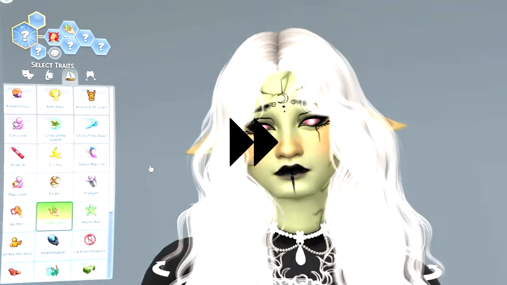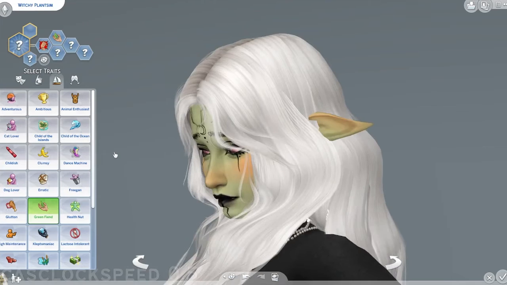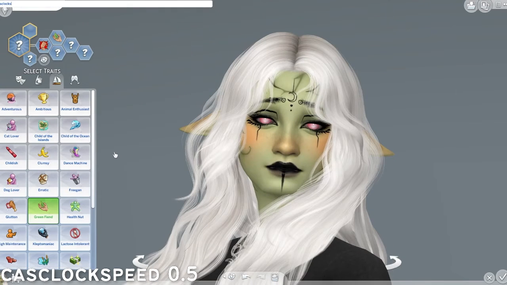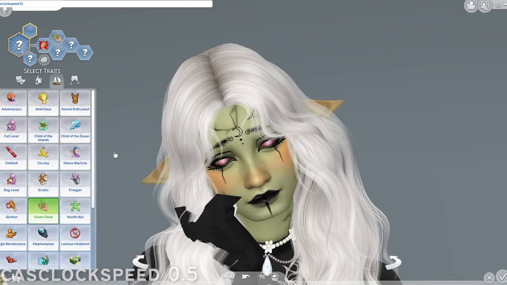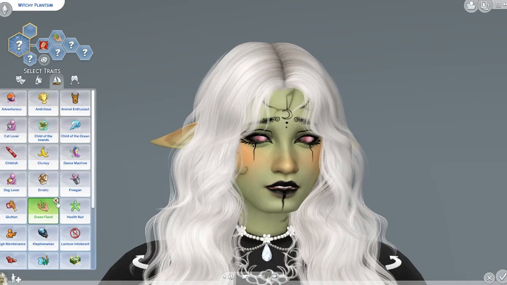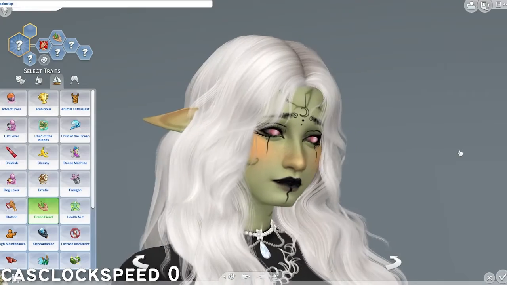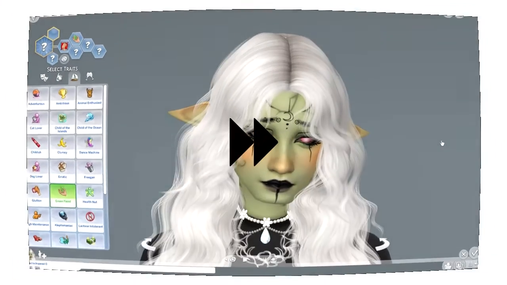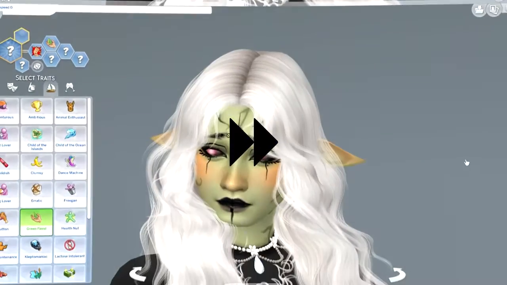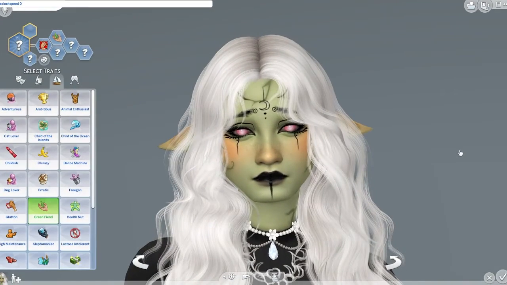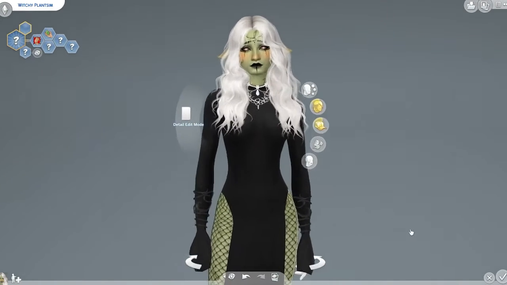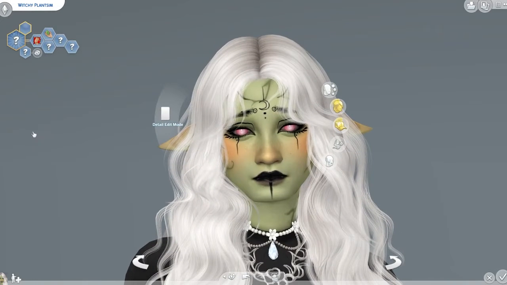Once I have decided on a pose, I will quickly open up the cheat console by using Ctrl-Shift-C and hitting cast clock speed 0.5. This will make the animation run slower. Once I've hit that, I'll just put cast clock speed 0 just to prepare for when she reaches the pose that I want to use, and I can just easily hit enter. Once I've got her in a pose that I want to use, I'll zoom back in